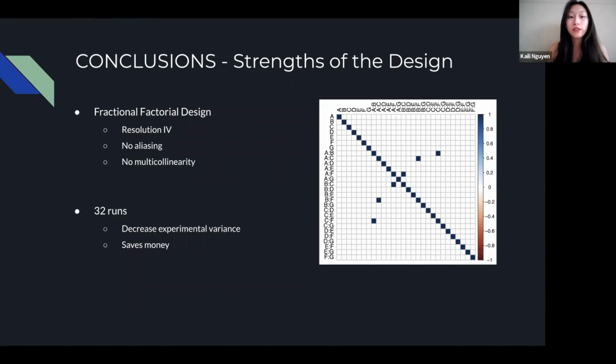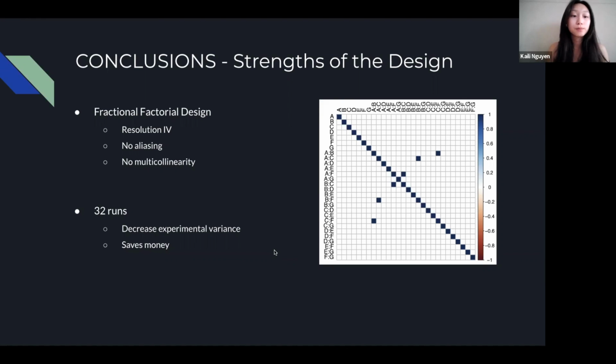Some strengths of our fractional factorial design include the fact that it is resolution 4. This means there's no aliasing until you look at 3-factor interactions and above. We're only studying the main effects and their interactions, so there's no aliasing of our parameters of interest. Furthermore, our design is 2 to the 7 minus 2, which utilizes 32 runs. This design utilizes as many runs as possible while maintaining the fractional factorial design where the run number must be a power of 2. By using as many runs as possible, we decrease the experimental variability. However, because we were allotted money for 35 runs, we actually saved some money for the 3 runs we did